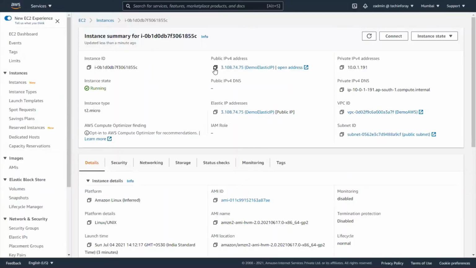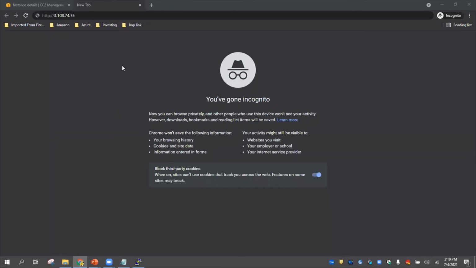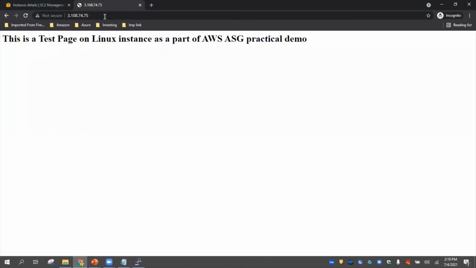Let's go to instance, copy this, and test it. Okay, I have copied the Elastic IP that is allocated to the machine. Let's test the web page.